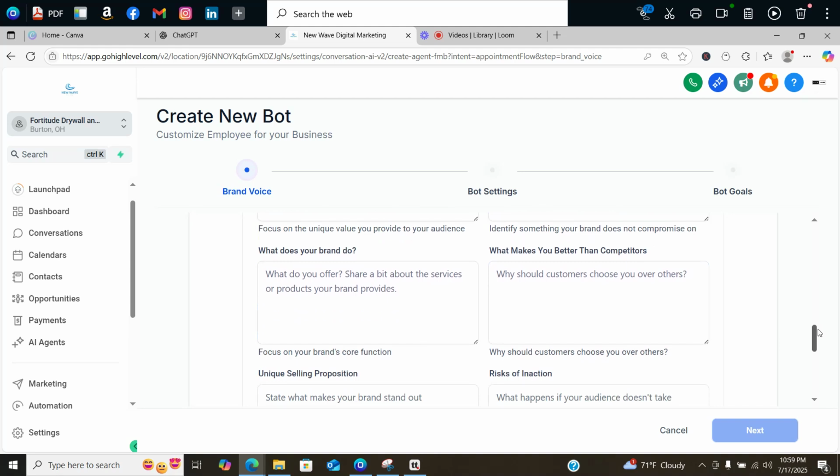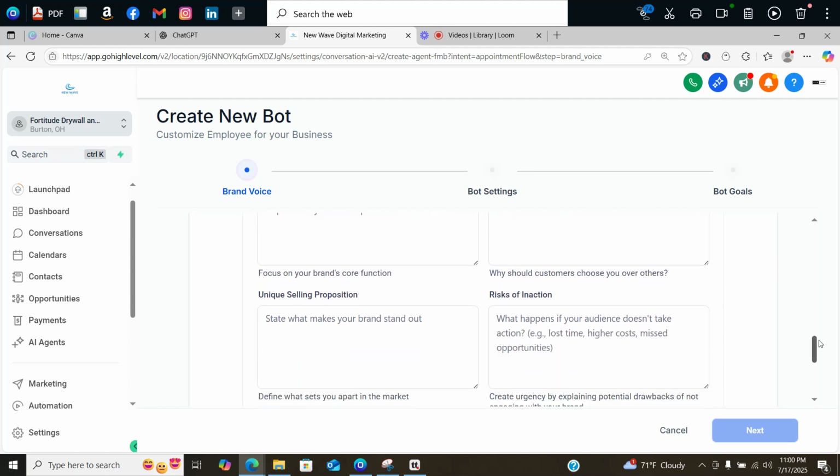And by filling out all of this information, you just make the bot that much smarter. So it's very important to almost overshare on these parts, because the more information you give the bot, the better it can perform. Now, your unique selling proposition, that's where you're going to be adding any sort of discount sales, specific offers, things like that you might want to at least have the bot be